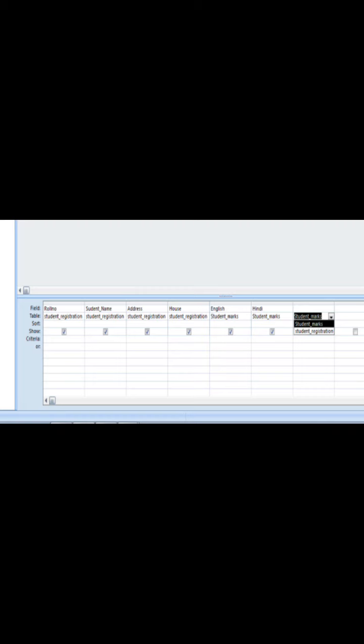Once you have selected all the fields from both the tables, click on the close button at the right-hand side of Query 1. Once you click on close, you will get a dialog box.